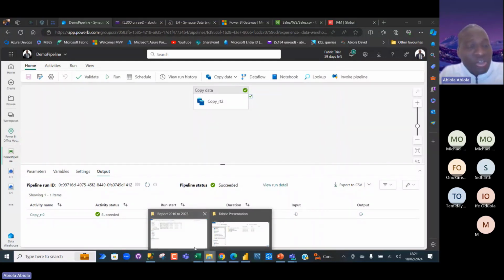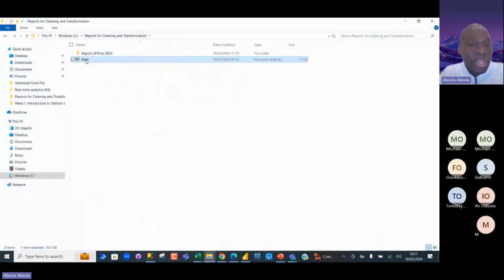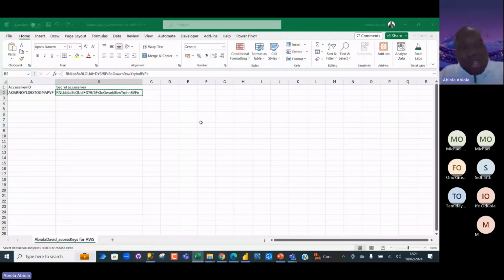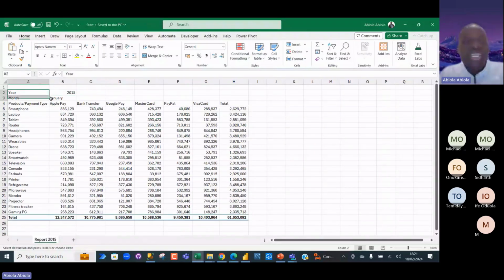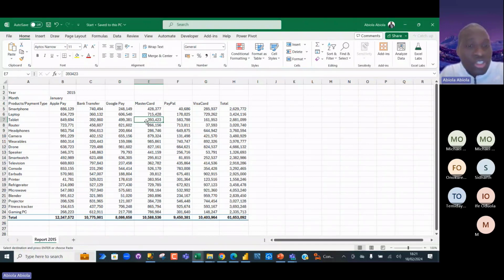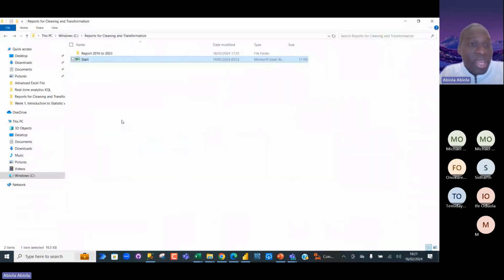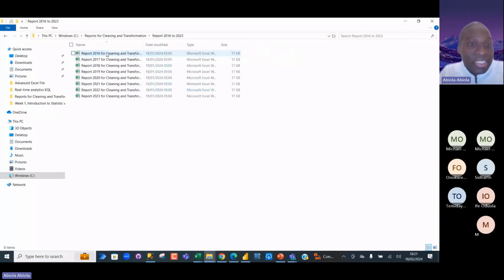Actually, the first thing I did is to get this data into Power Query Online. So I'm not loading this data into the lakehouse or the warehouse. No, I'm not loading. I only cleanse this data to be used to invoke the function I created to clean the files from this folder. So this data coming from here in Power Query is what I use to clean this data.